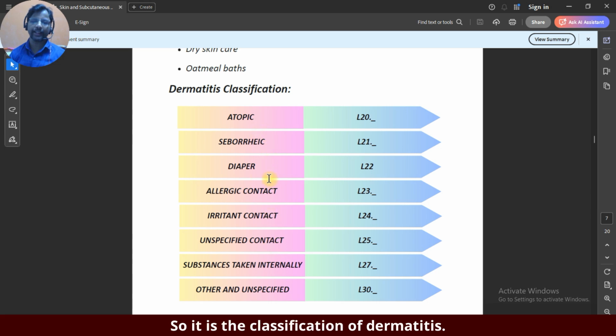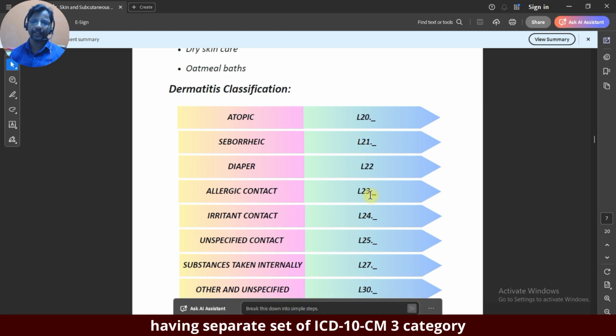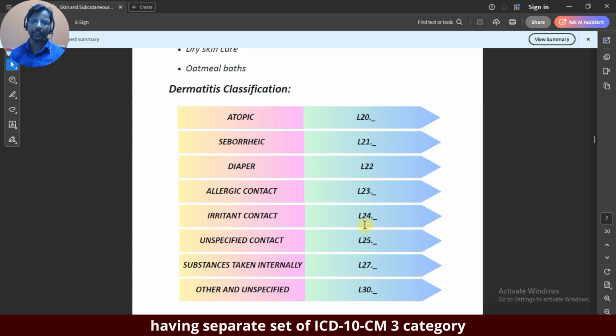So this is the classification of dermatitis: atopic L20, seborrheic L21, diaper L22, allergic contact L23, irritant contact L24. Like this, based on the type of dermatitis, we have separate ICD-10 CM three-character category codes. So just try to remember, whenever you see a word or code starting with the letter L, you need to think these are related to the integumentary system